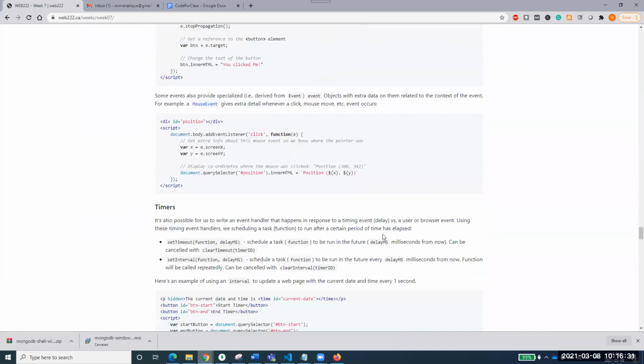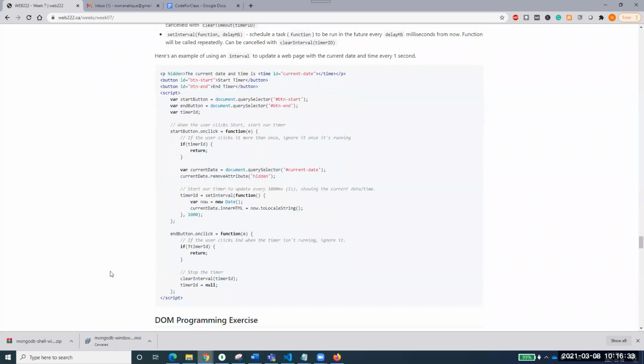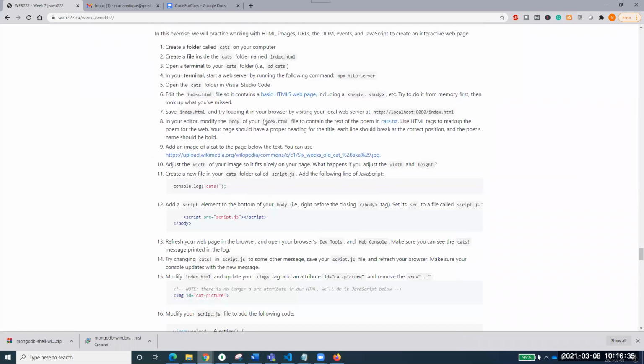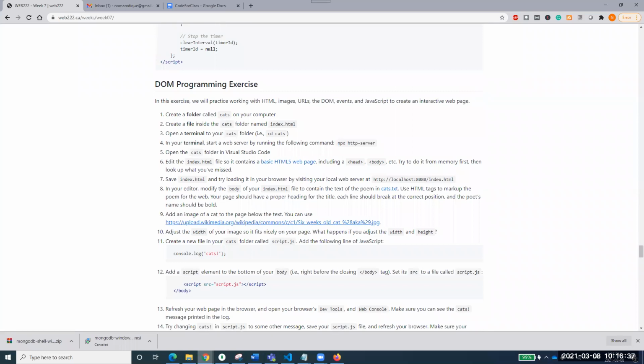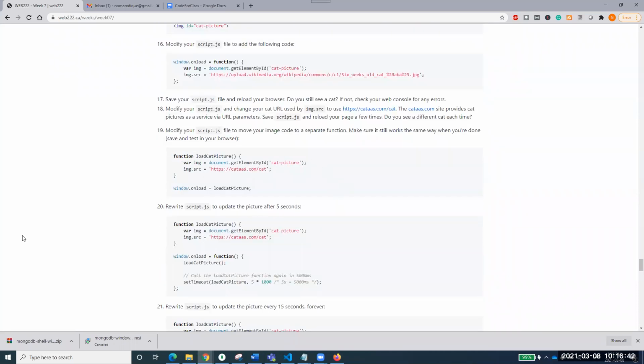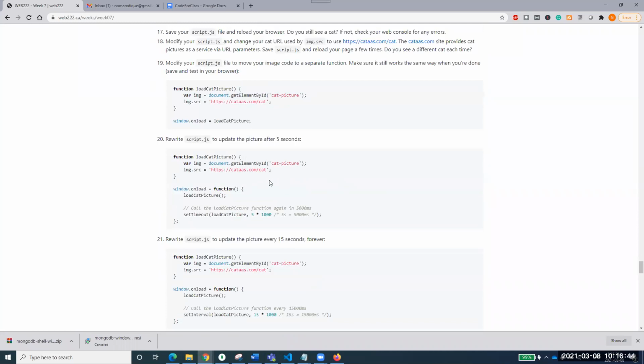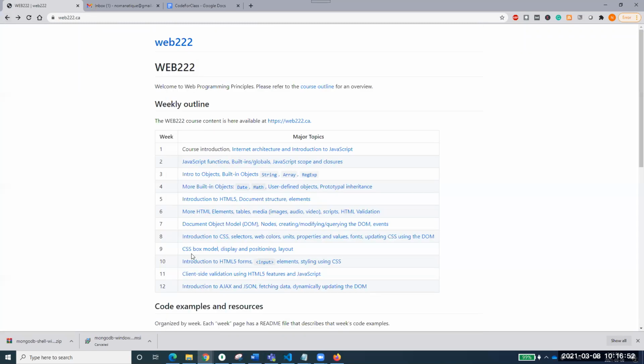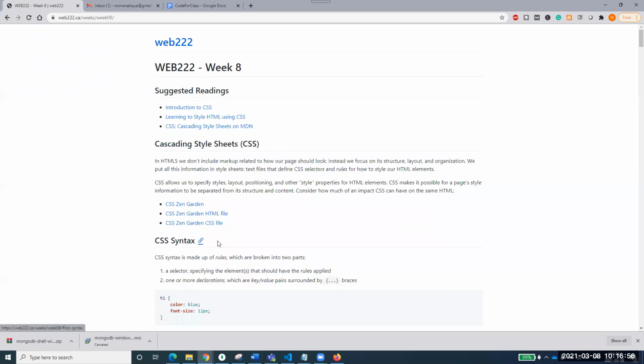So what I would request all of you is to go there and do all this practice. There's this cat practice over here. You can always work on that. There are lots of pictures. You can work on them, and there are lots of things that you can do. And I hope that after today's class you will be comfortable with most of the things. So do you people understand? Does everyone understand everything? Because I have to introduce you to the next class topic on Wednesday. We'll be talking about CSS.